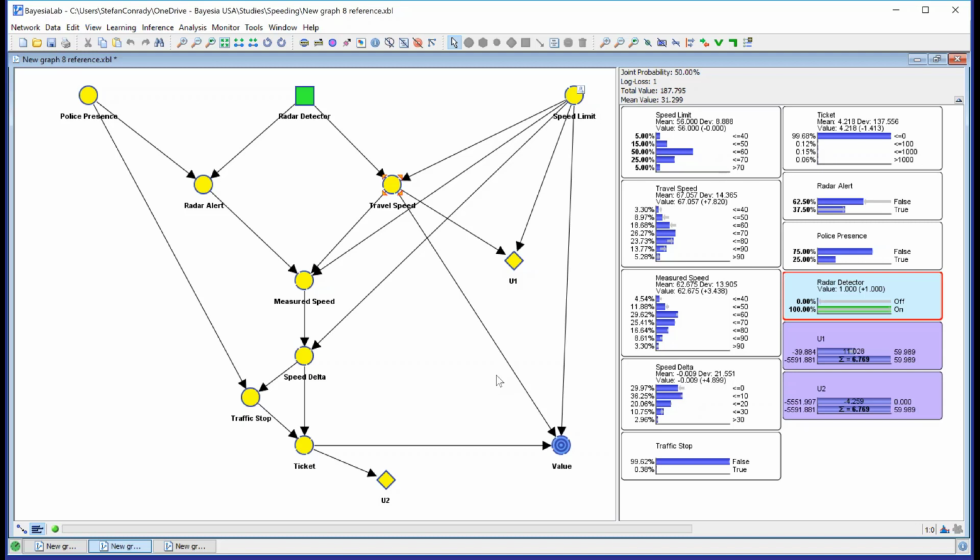And then of course, if you were to implement that, if you were to set up your fleet with the radar detectors, then perhaps over time you could collect data and fine-tune your estimations, or rather replace your original expert knowledge elicitation values with actual data. Here's just one final thought.